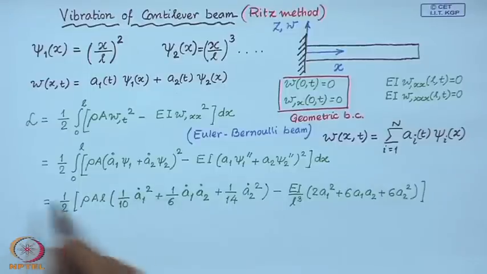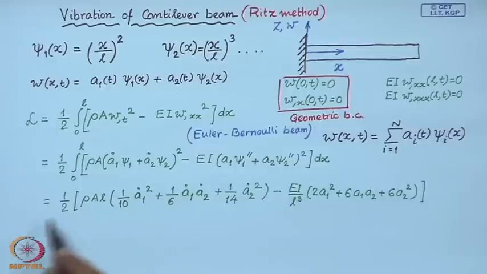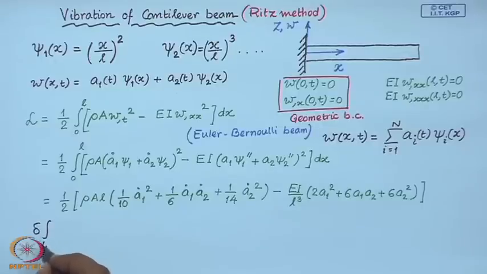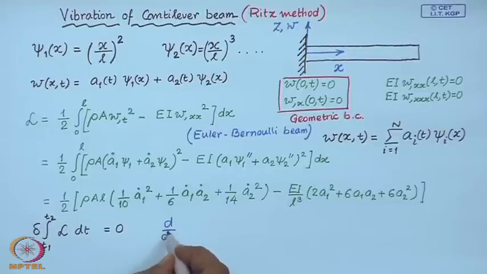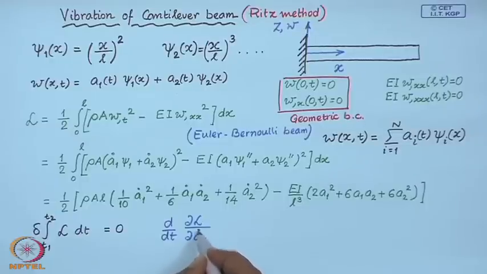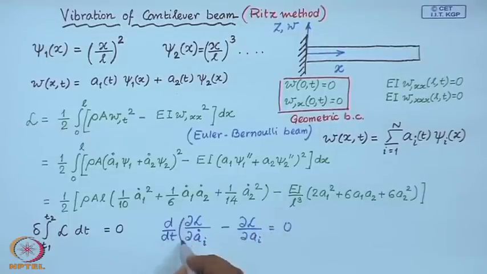Now, this is the Lagrangian of a discretized system with coordinates a 1 and a 2. Now, we can write down Hamilton's principle for this. So, this will give us the equations of motion, and you know that this is going to lead to the Euler-Lagrange equations, which, so these are the equations